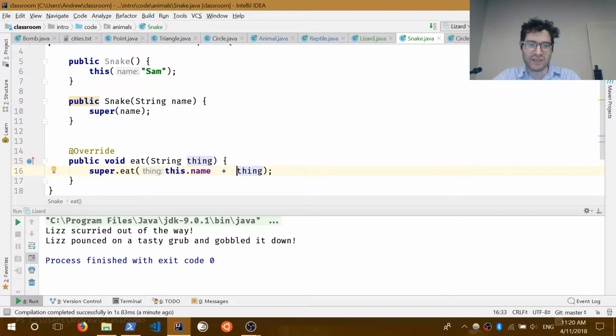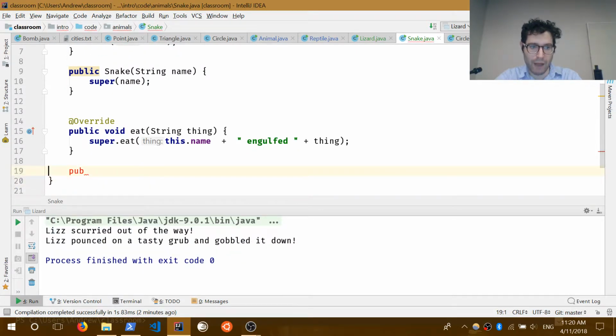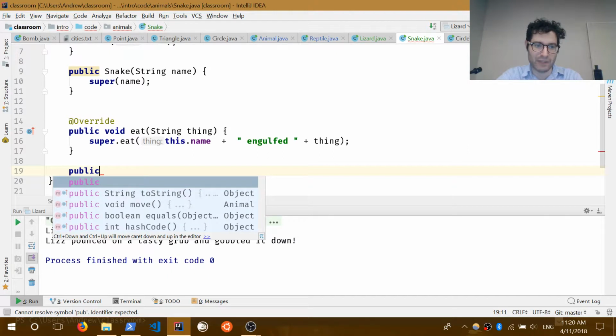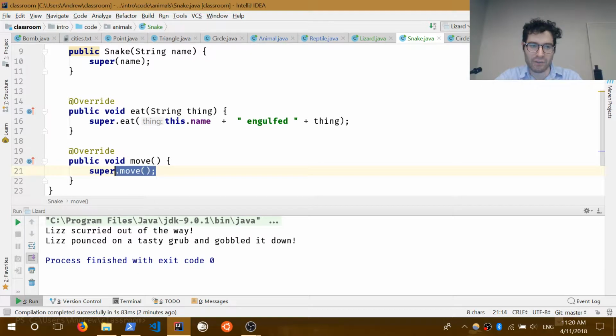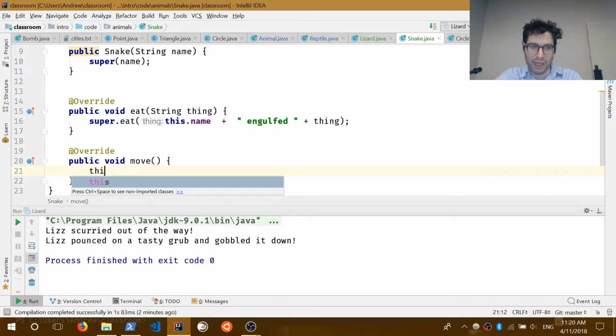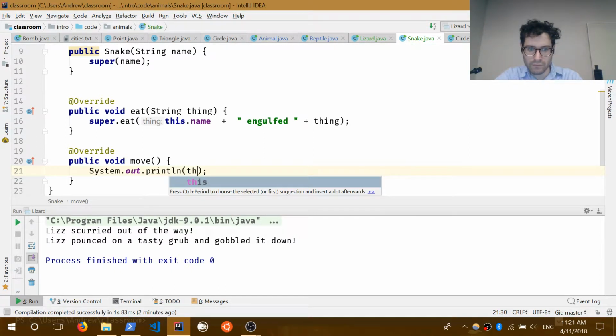let's see. So snakes engulf things when they're done hunting it. So this dot name plus engulfed plus thing, and then public void. And how do snakes move? They slither. So let's put that behavior in. So we're going to override our parent's move, right? Rather than using our parent's move, we will say this dot name